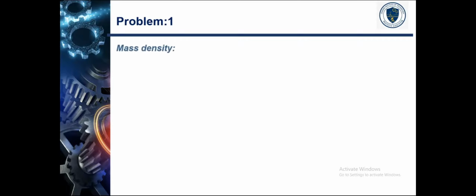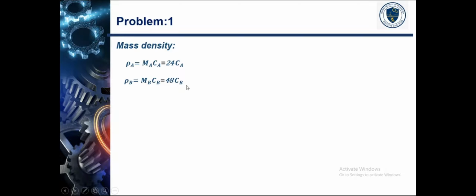So we know mass density or mass concentration from the previous slide, that is rho A is equal to Ma into Ca. Here Ma is the molecular weight, its value is 24, that is given in the problem itself. So 24 times Ca. So mass concentration of species A is equal to 24 into Ca. In the same way, rho B is equal to Mb into Cb. Here Mb, the molecular weight of species B, is 48, so 48 into Cb.